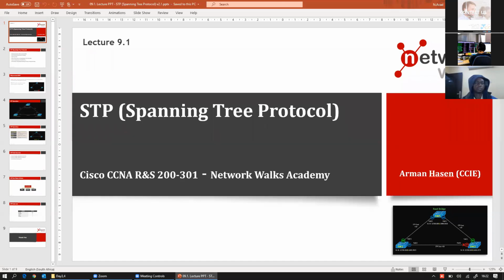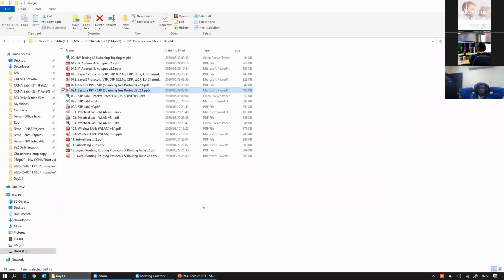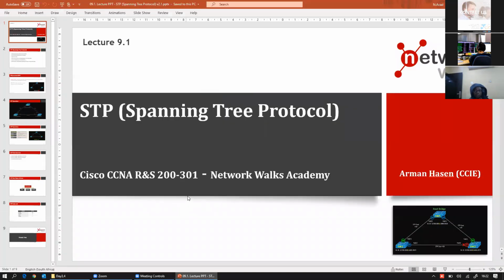Is there a lab for implementation? Jamu says, no, Jamu, the lab is the same which I shared with you. You can use that lab to do it. This lab. So let me drop it in the chat window. I have dropped it in the Zoom. You can download from there, but better you do it yourself. Drag the switches so that you know how to create the switches, how to drag them, how to start them as well. Okay.